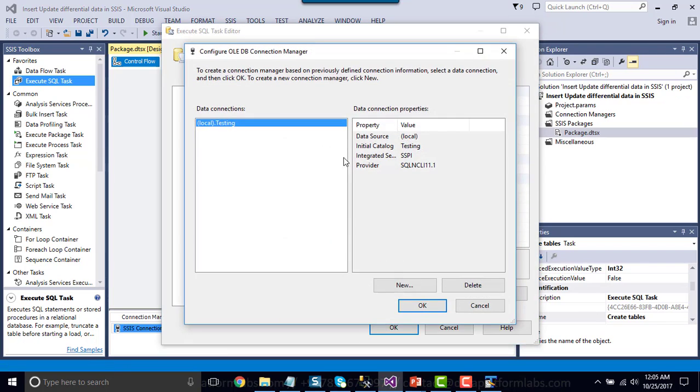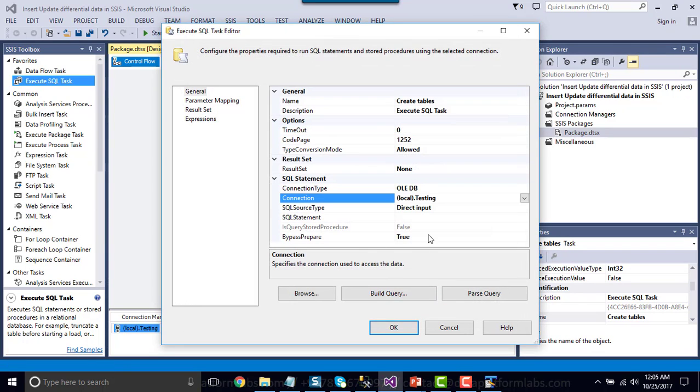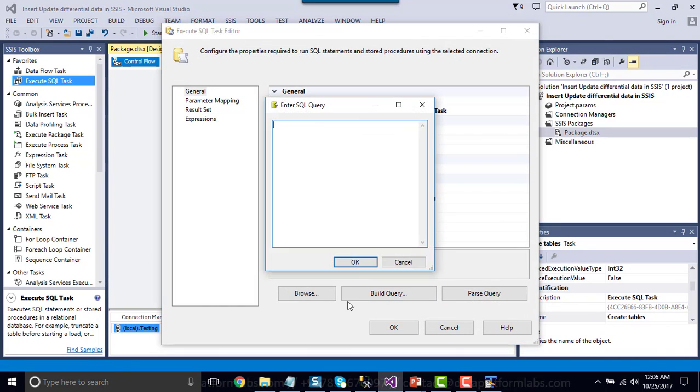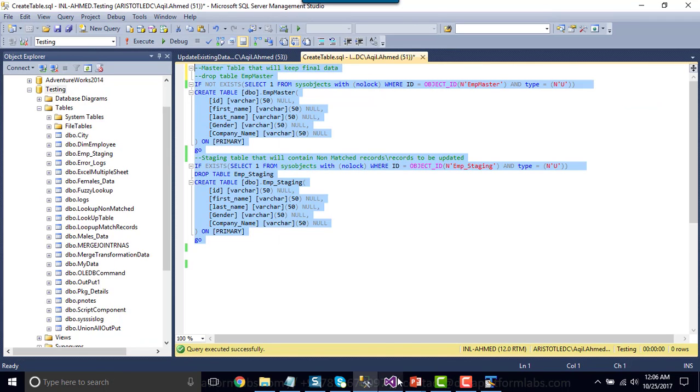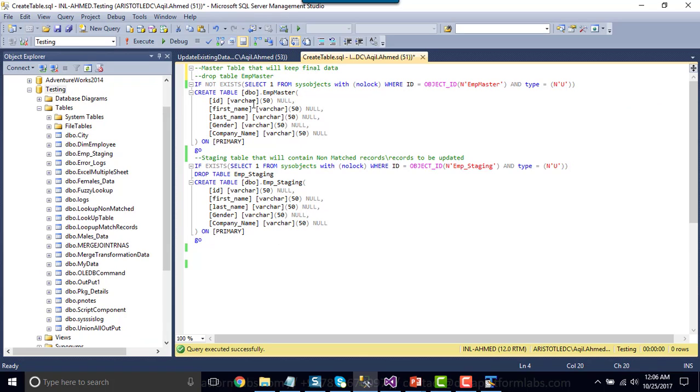So let me create a connection to the testing database, and under the SQL statement, as of now you can simply copy and paste this particular code. This will actually recreate the EMP master and EMP staging tables. As of now, the EMP master table should not contain any data. Let me just show you.